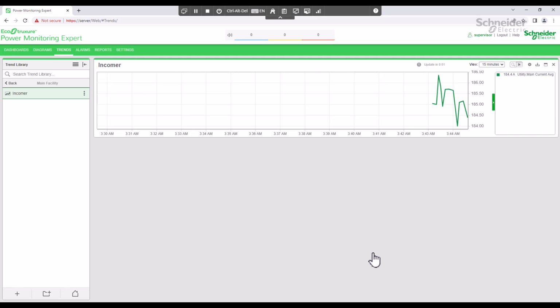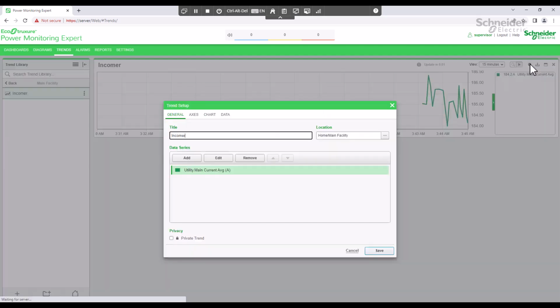Under Data, I will change the update interval from the device to 3 seconds. Notice now the real-time data updates every 3 seconds.